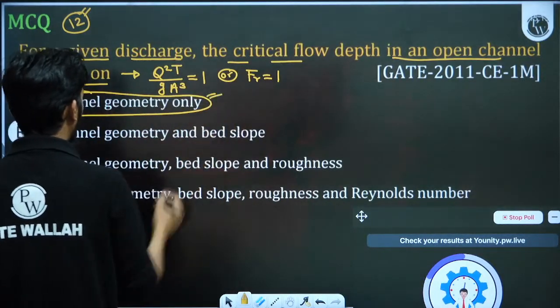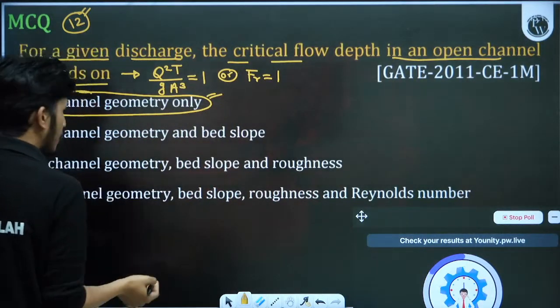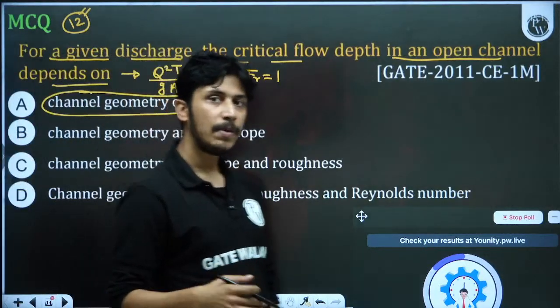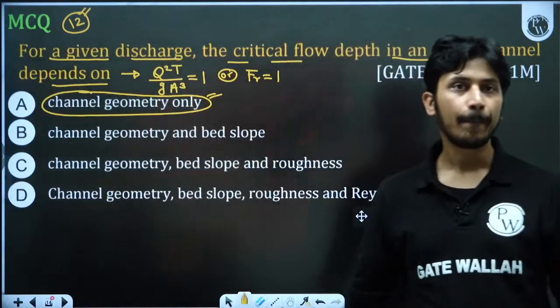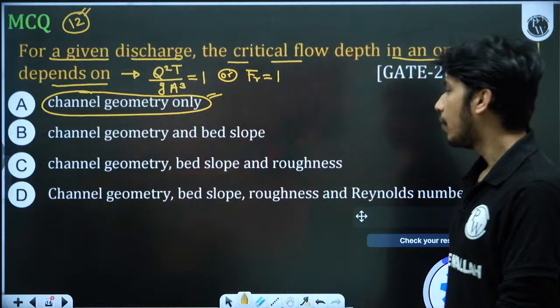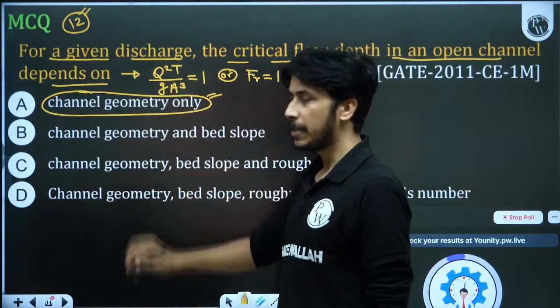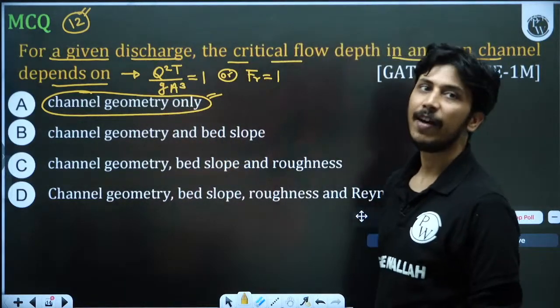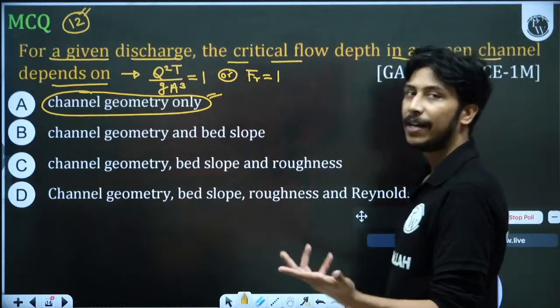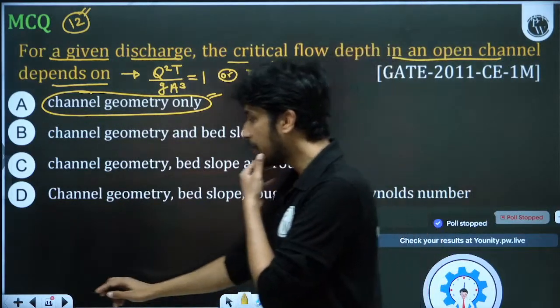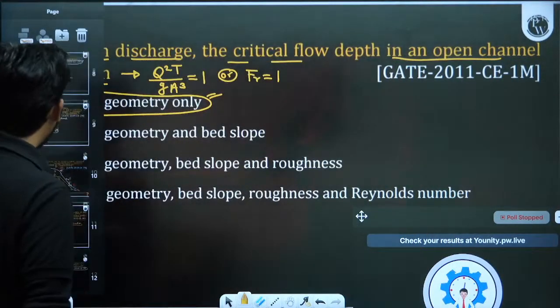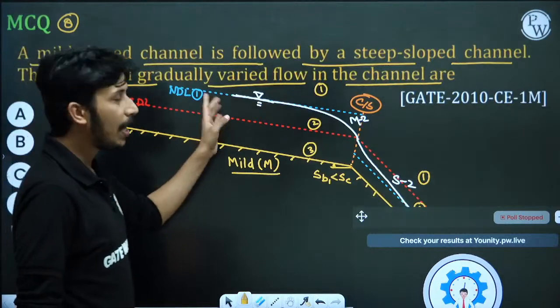रफनेस पे नहीं करेगा, बेड स्लोप पे नहीं करेगा। इवन फ्राउड नंबर भी लिखा होता है, फ्राउड नंबर पे भी डिपेंड नहीं करेगा, क्योंकि जब फ्लो क्रिटिकल होता है तो फ्राउड नंबर फिक्स होता है, तो फ्राउड नंबर पे कैसे डिपेंड कर जाएगा, है ना। फ्राउड नंबर की जब फिक्स वैल्यू है तो फ्राउड नंबर कुछ भी बदले, क्रिटिकल डेप्थ तो नहीं बदलेगी ना। जैसे हमने देखा था माइल्ड और स्टीप में, माइल्ड में फ्राउड नंबर क्या था, 1 से कम था, तभी फ्लो